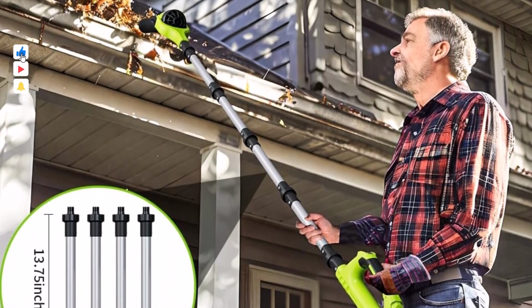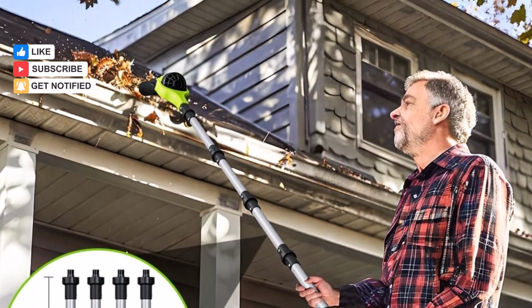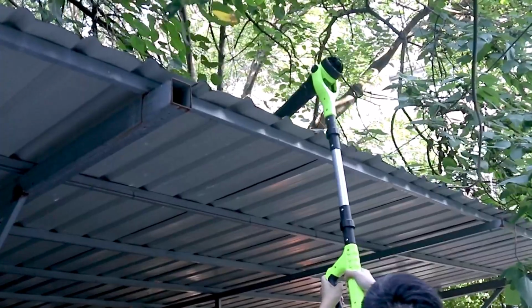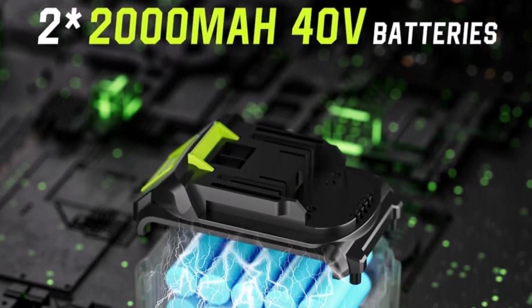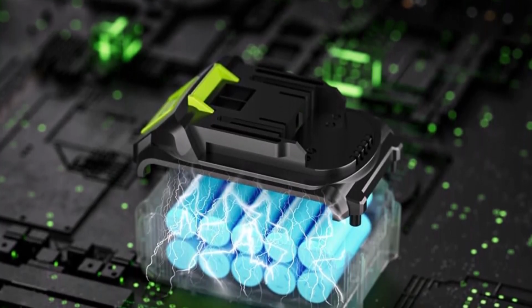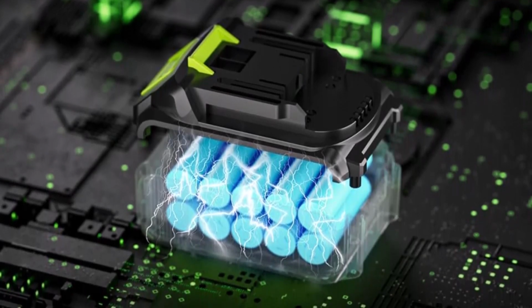Equipped with a 270 degrees adjustable nozzle, the Feihu provides excellent control for cleaning gutter corners, tight spots, and hard-to-reach areas without constant repositioning. The vacuum comes with two 40V 2000 mAh lithium-ion batteries, each offering up to 30 minutes of runtime. This extended battery life ensures you can complete most gutter cleaning jobs in one go, saving time and